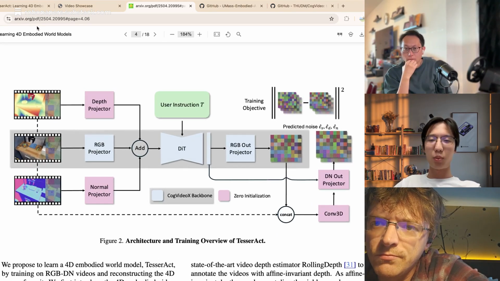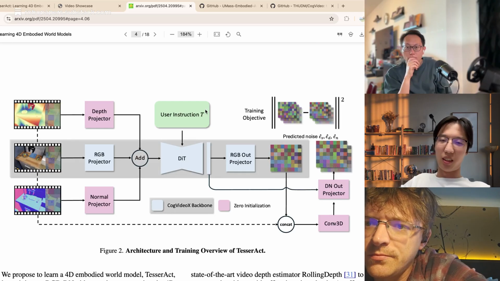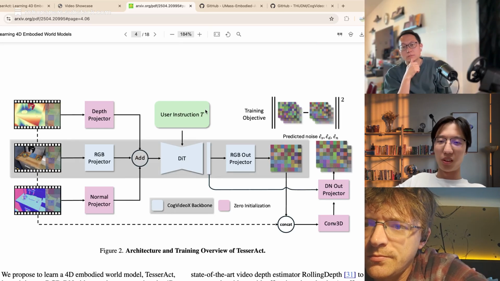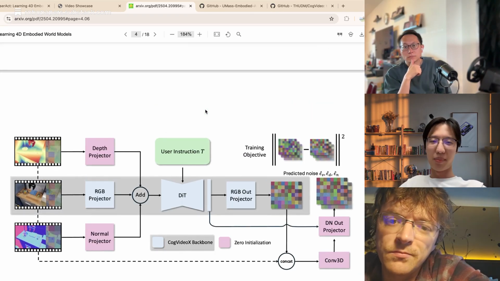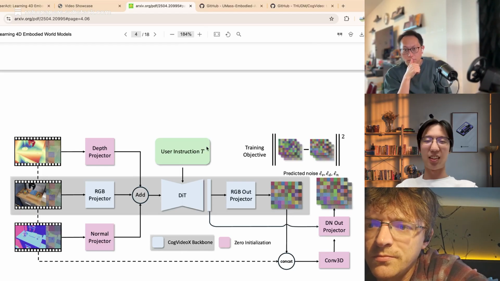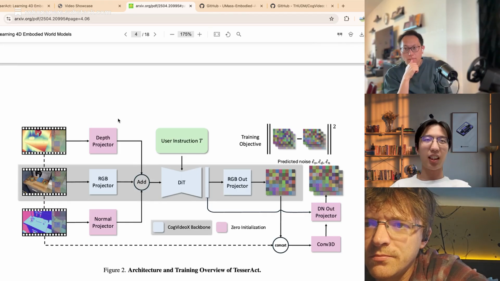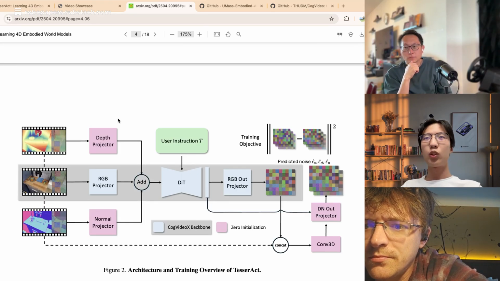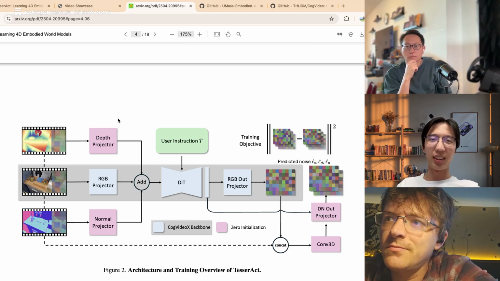But for pre-training the 4D world model, we may need many data samples, at least 100,000. We may discuss this later, like we tried many training strategies for the pre-training stage.